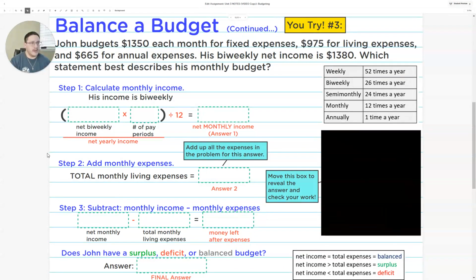If you're on ClassKick, if you're working through this problem on ClassKick, go ahead and pause the video. Try this problem on your own. Move this box once you're done to check your work to see if everything comes out okay. I also have some other things to help y'all determine how to solve this problem. So go through that and see if you can figure it out on your own. Otherwise, I'm going to continue on and show y'all how to do this.